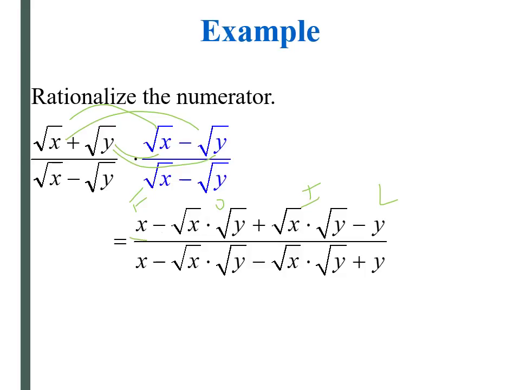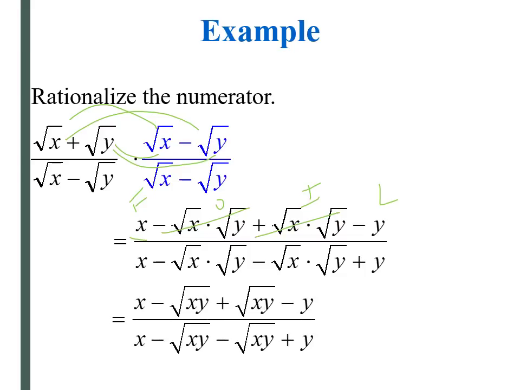I know that I have a negative and a positive of the same expression, so they're going to cancel out. So I'm left with, sorry, I simplified and didn't cancel yet. I'm ahead of my notes. I apologize. Now I'm going to cancel them out. And then I have 2 of the same, so I combine like terms. There's nothing else I can do, so therefore I am done. And that's my final answer. Can't do anything else to rationalize that numerator. And I don't need to because my radicals go